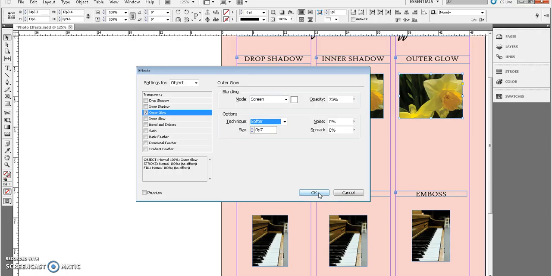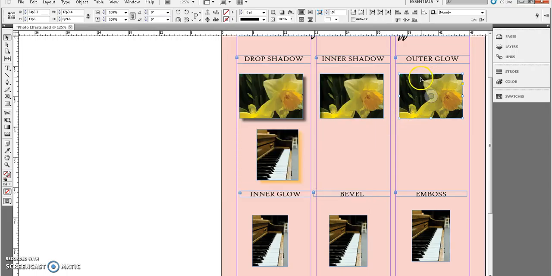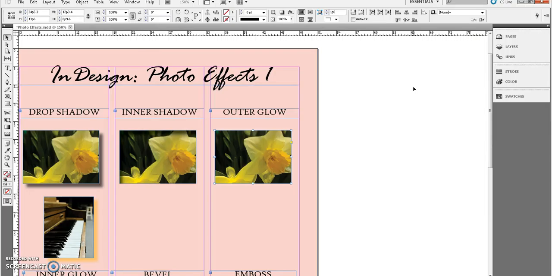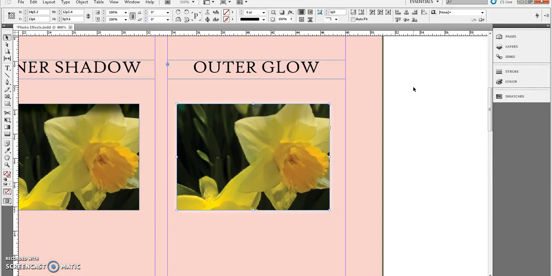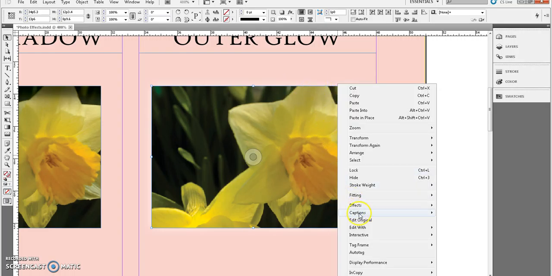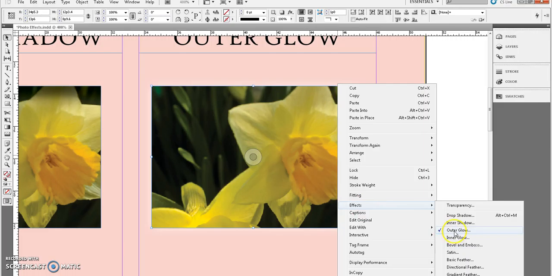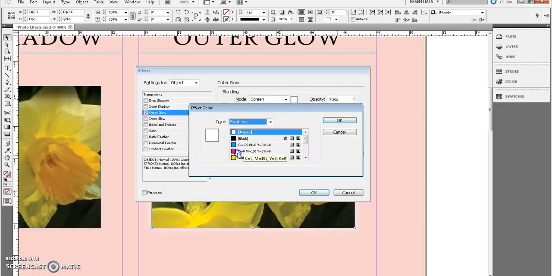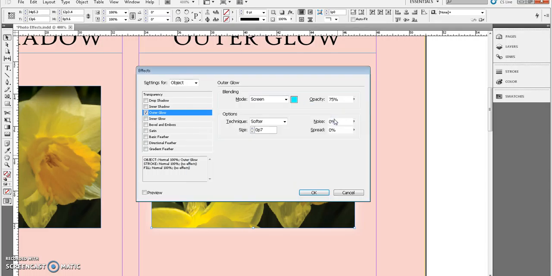So we're just going to use the white, and I don't know if I'll try and zoom in, if you can see that or not. It's very faint. So what I'm going to do is go back to my effects panel, and instead of making it that paper color, we're going to make it this blue color, because I seem to think this blue stands out the best on this particular pink background for you to see. And we're going to take it all the way up to 2.5